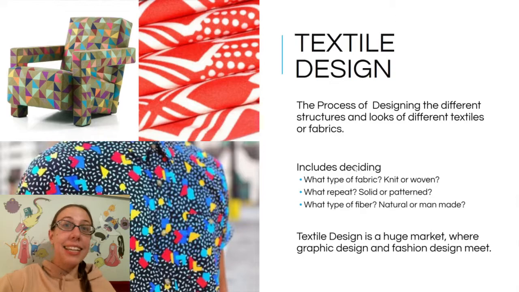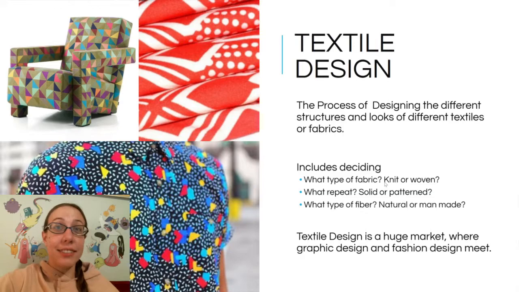Textile design is the process of designing the different structures and looks of different textile fabrics. So this doesn't mean just the pattern that goes on the fabric. It means also the structure of the fabric. Is it a knit or is it a woven? What type of fiber is it made of? What is the finish like on those fibers? There's all kinds of things that go into making a fabric, and someone has to decide each of those steps